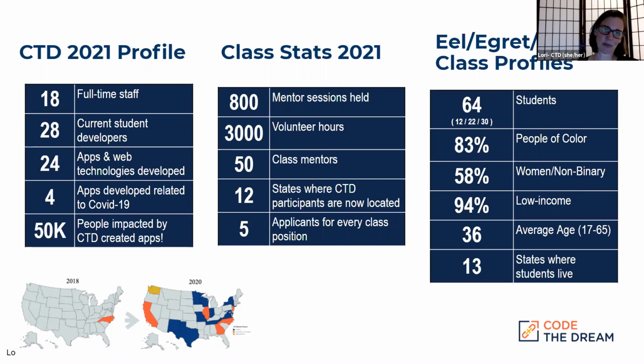And I can go over the general class stats if you want to do the more specific ones, Mary Alice. Yeah. This actually might have been 2020. I think so. I wasn't sure where to pull the information for the mentor sessions, but since we just finished up 2 16-week classes, I'm sure that 800 figure is a little bit bigger now. I'm sure it's higher, yes. But when I did these stats for 2020, I was honestly kind of amazed. I was like, wait, 800 mentor sessions.